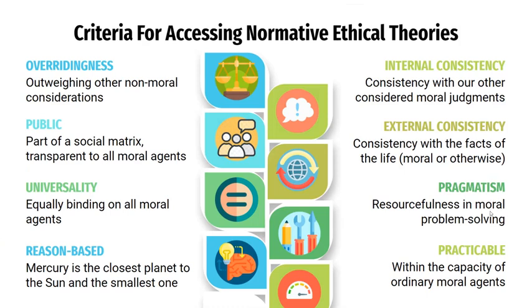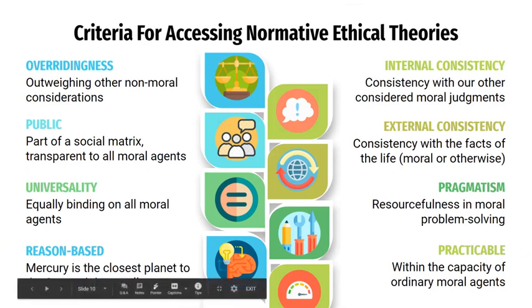I mean, it should help us solve problems. One of the things that people like about ethics and studying ethics in philosophy is that we can apply it to real world cases when things are pretty difficult. So I mentioned bioethics. So topics like euthanasia or physician-assisted suicide, that's a thorny ethical issue, or abortion, right? So ethics is supposed to help us apply certain principles to specific cases. And again, the practicality. It should be within the capacity of ordinary moral agents to perform those actions if the ethical theory is worth considering.